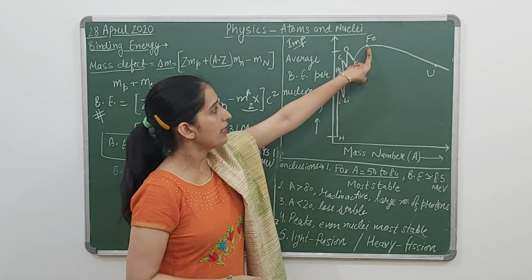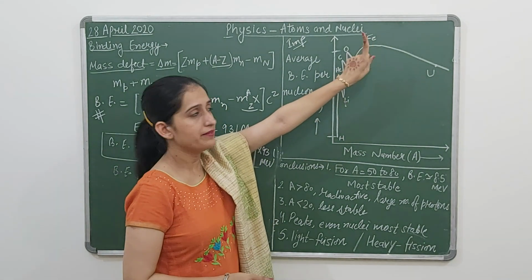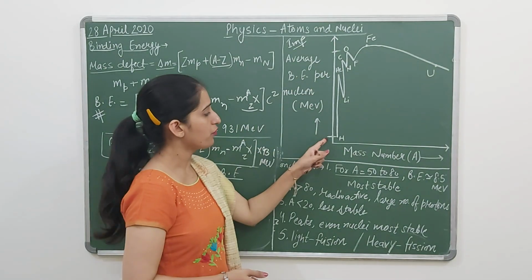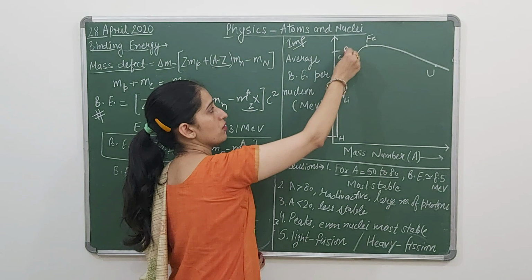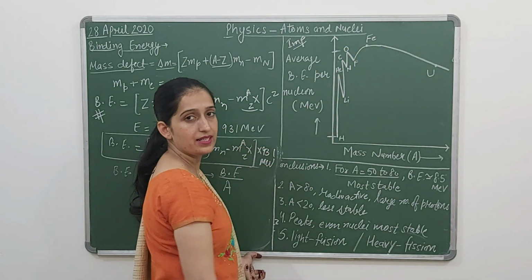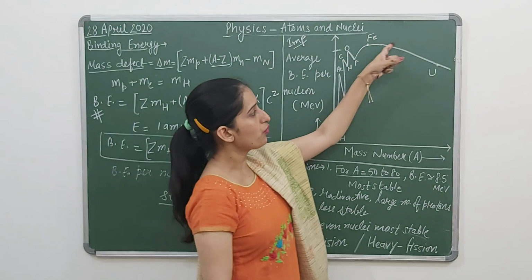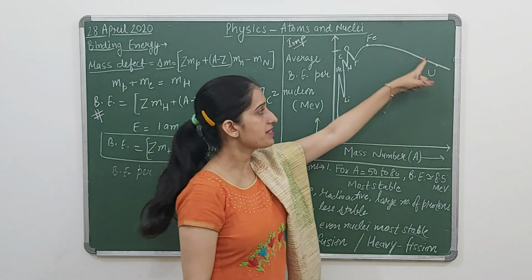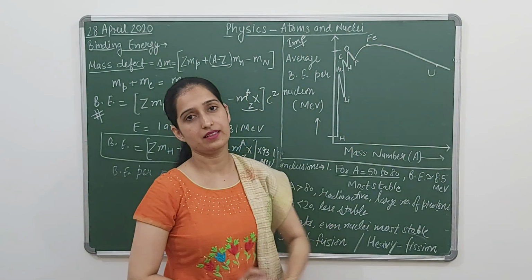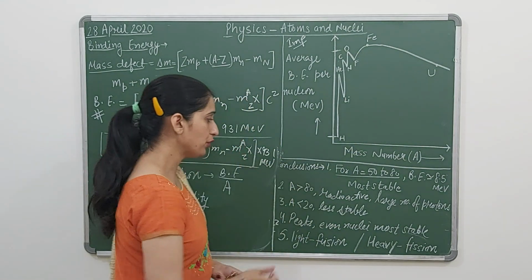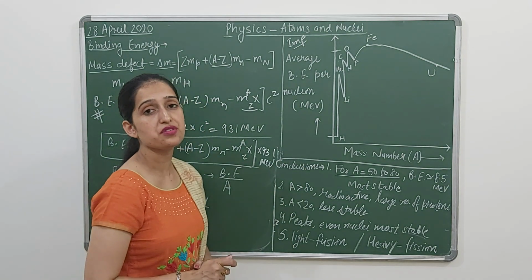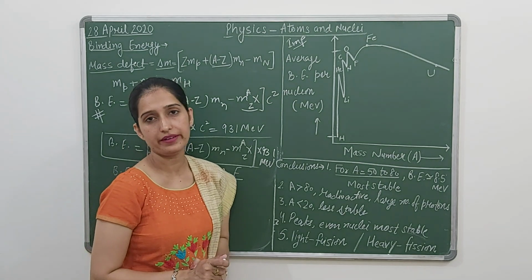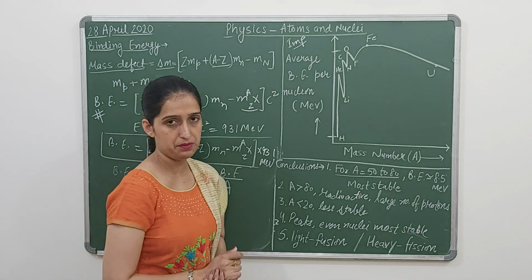For iron, this is maximum, and for hydrogen it is minimum. For carbon, oxygen, it has a few peaks. For uranium or for heavy atoms, its value is decreasing. So we have a few conclusions about this curve, and these conclusions will give us very important details regarding our elements.